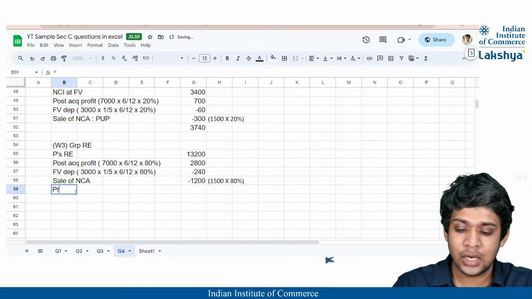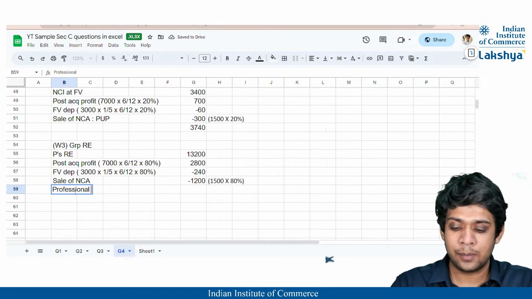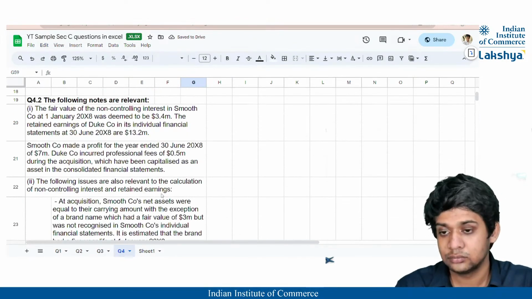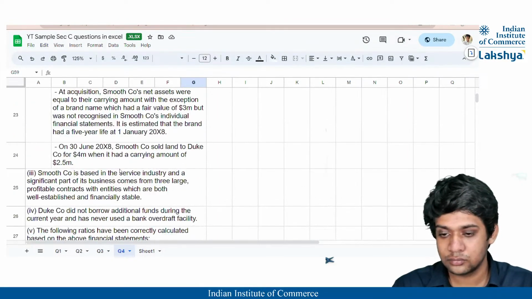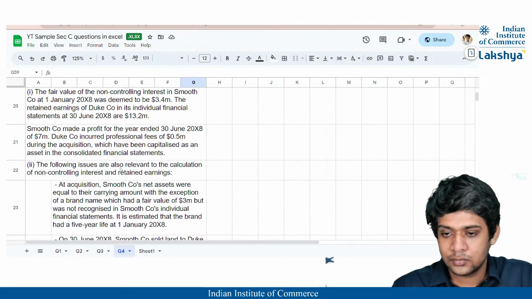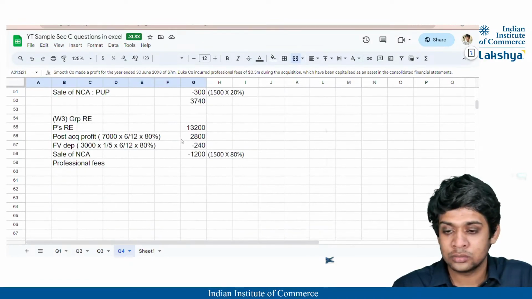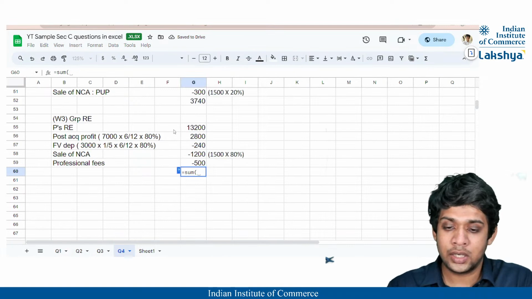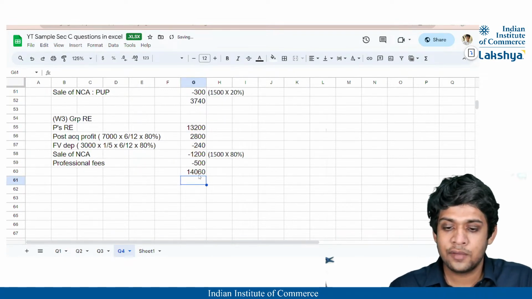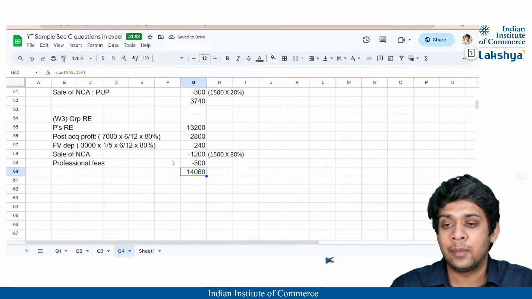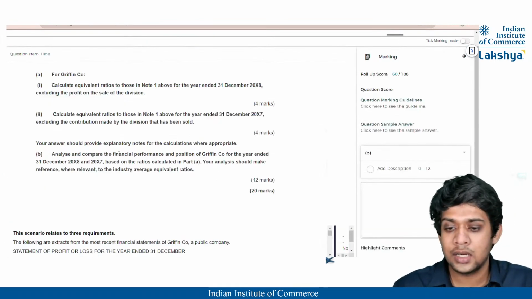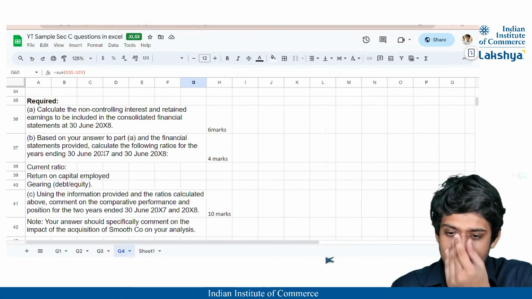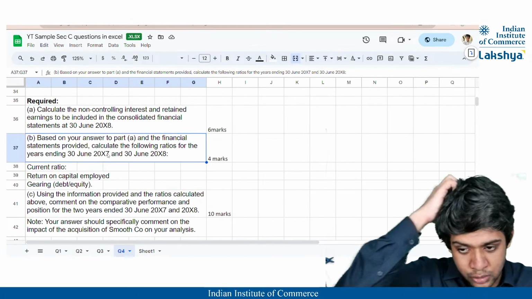राइट, फिर प्रोफेशनल फीस जो लगा था वो हमारा प्रॉफिट कम करेगा, बिकॉज वो एक्सपेंस की तरह ट्रीट होगा। और उसका वैल्यू कितना था गाइस, यस यहाँ पर 0.5 मिलियन, राइट, मतलब 500। तो हमारा ग्रुप रिटेन्ड अर्निंग्स का वैल्यू आ गया 14,060, ठीक है। इससे हमें 6 मार्क्स तो पहले के मिल गए, राइट। अब आगे बढ़ते हैं, और क्या चाहते हैं वो लोग,